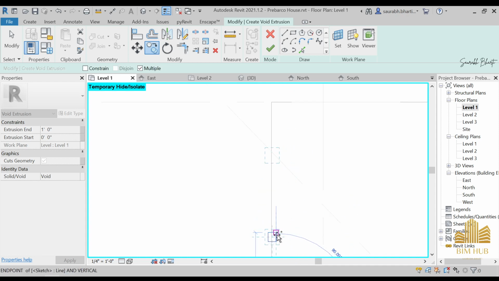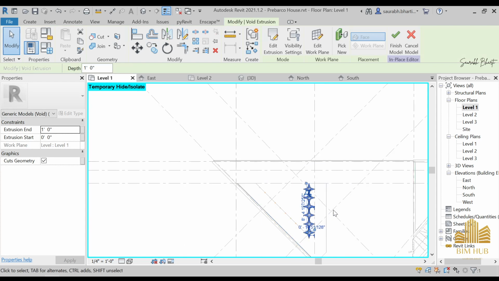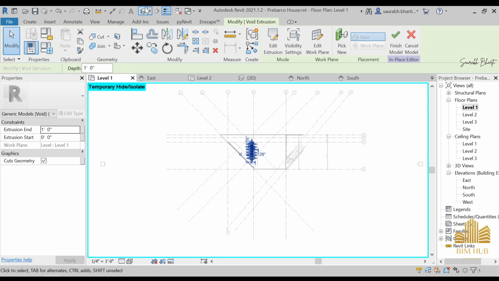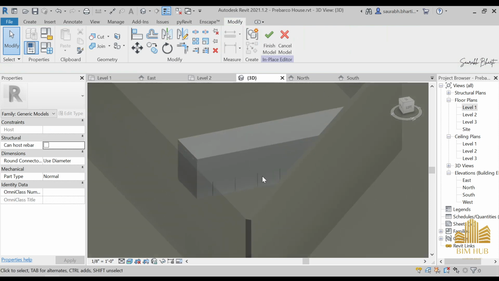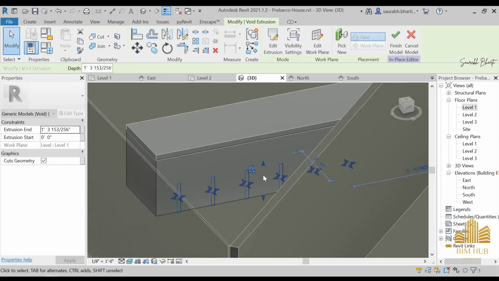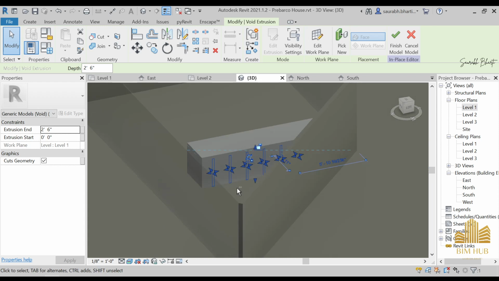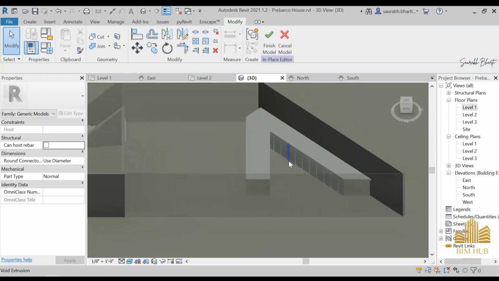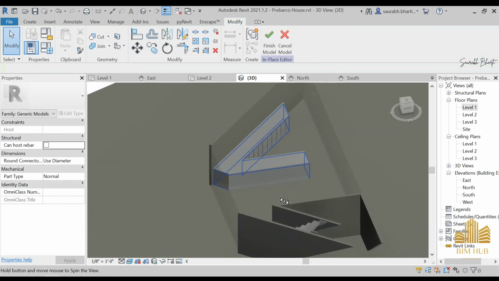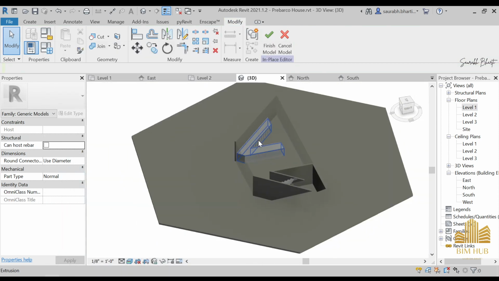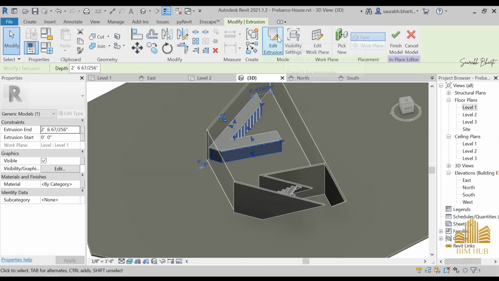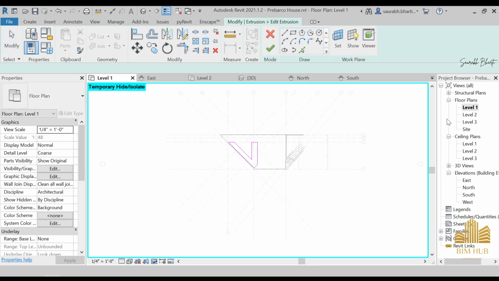And you can make this cabinet like this and press OK, and now if you go to 3D you can see that you have the size of this cabinet, and you can increase the size of it like this, and now we have something like a cabinet in our kitchen. And you can go to 3D. We don't have anything on this side, so what we need to do is go to extrusion, go to level 1,